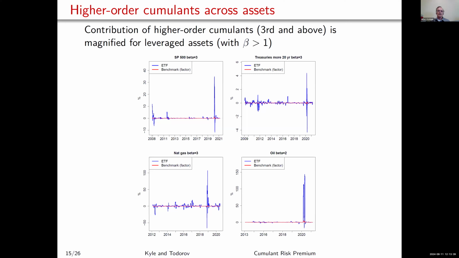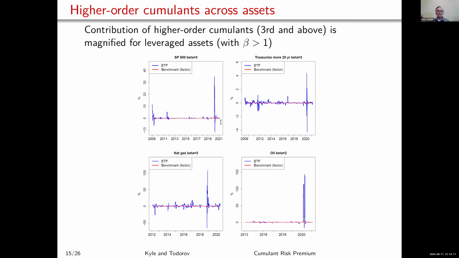So what we did is we looked at daily returns on these leveraged ETFs, but then aggregated the returns up to months. And then we asked ourselves, well, what is the contribution of the higher order cumulants, third and above? Not even just the variance, which is the dominant one of the higher order cumulants, but what about the ones beyond? Variance is very important. What about the ones beyond variance? And the answer is that the ones beyond variance actually are important for the leverage strategies, even when they're not that important for the unlevered benchmark strategy.